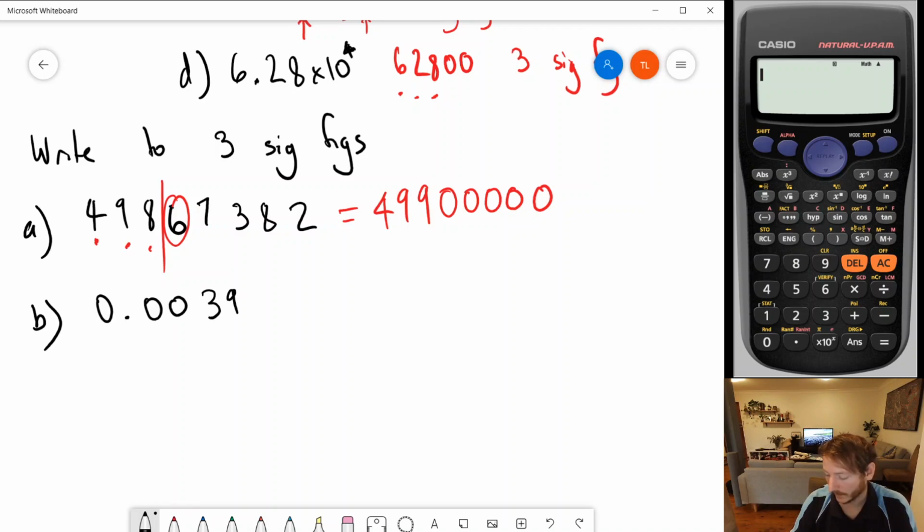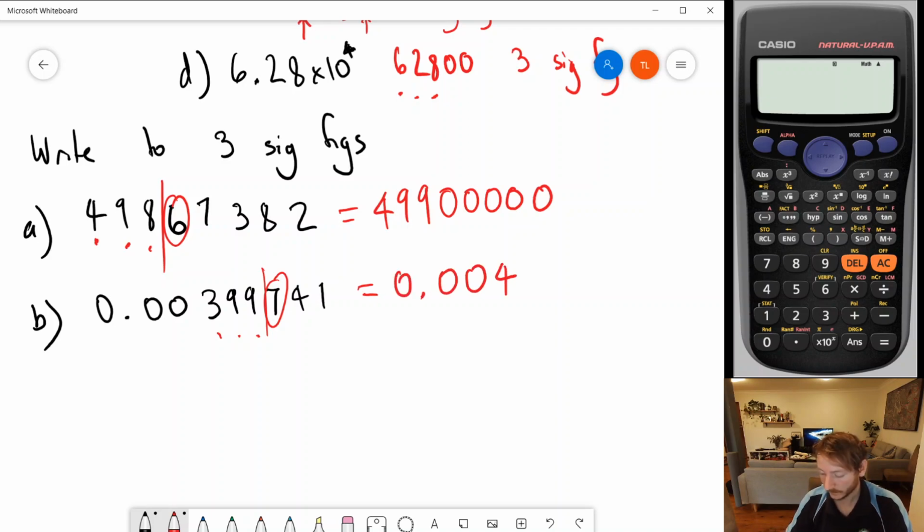0.003 9 9 7 4 1. So I start counting at my first non-zero digit, which is the 3, and I count 1 2 3 because I want 3 significant figures. Cut off here 7. Right, that rounds up, which means that becomes a 10 and carries over, which means that becomes a 10 and carries over. So this is going to be